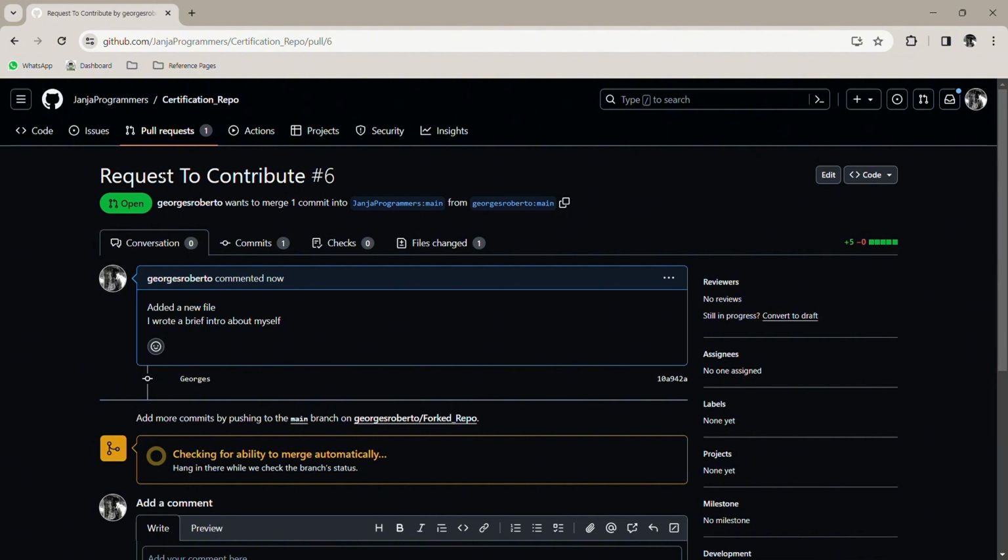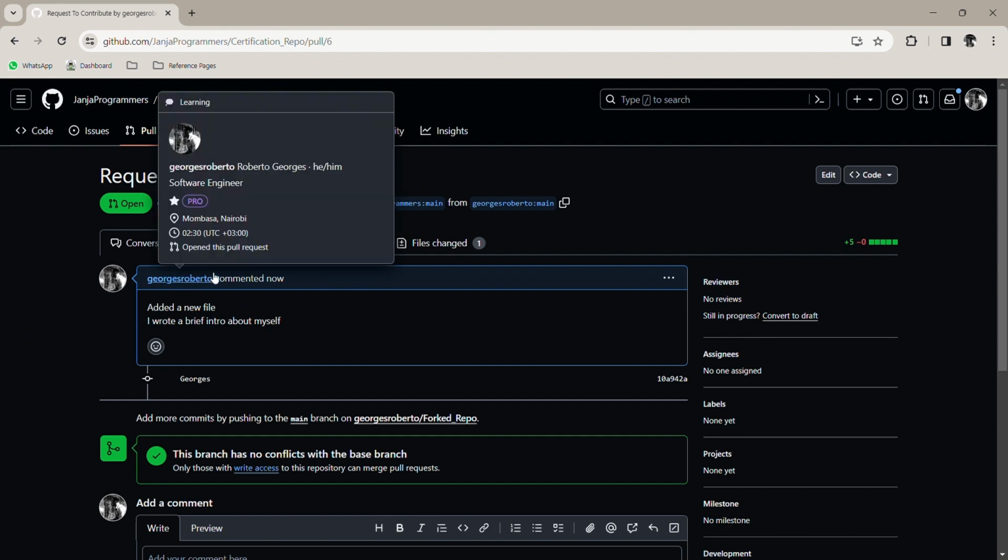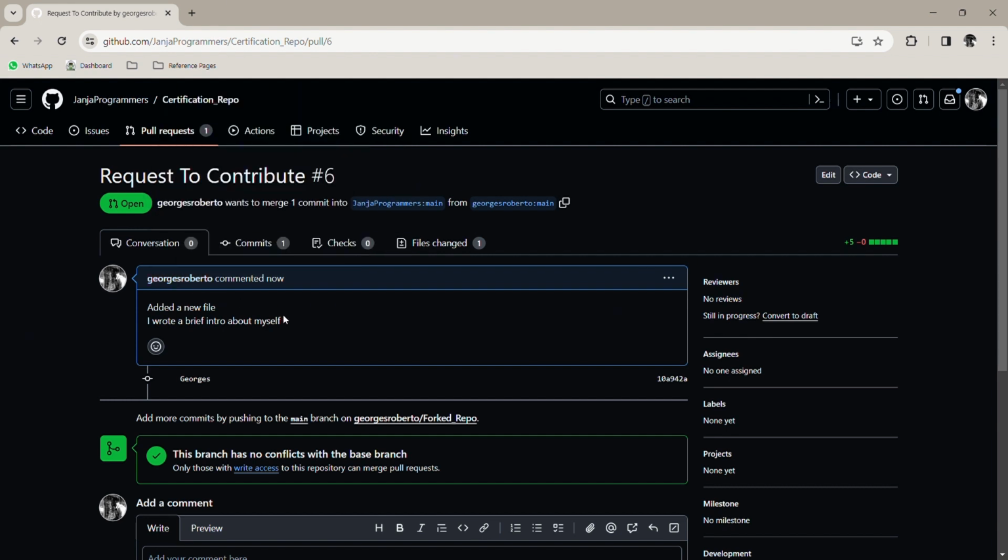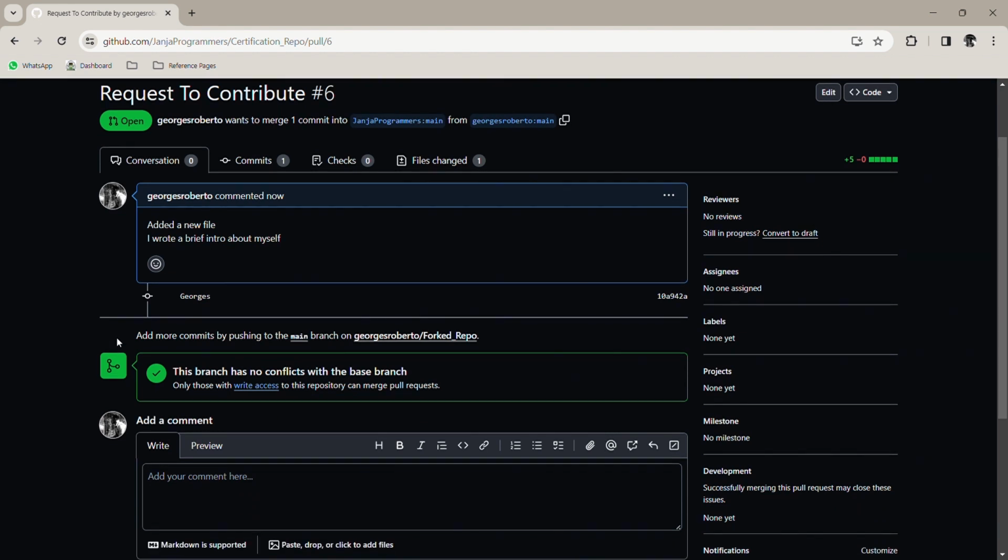So now these are requests to contribute to. The request to contribute is our title. Here you can see this is our username, Georges Roberto. Then the message that we commented on. That this commented message is extremely important to help the owners of that repository which we forked to understand what we are trying to add into the main code base